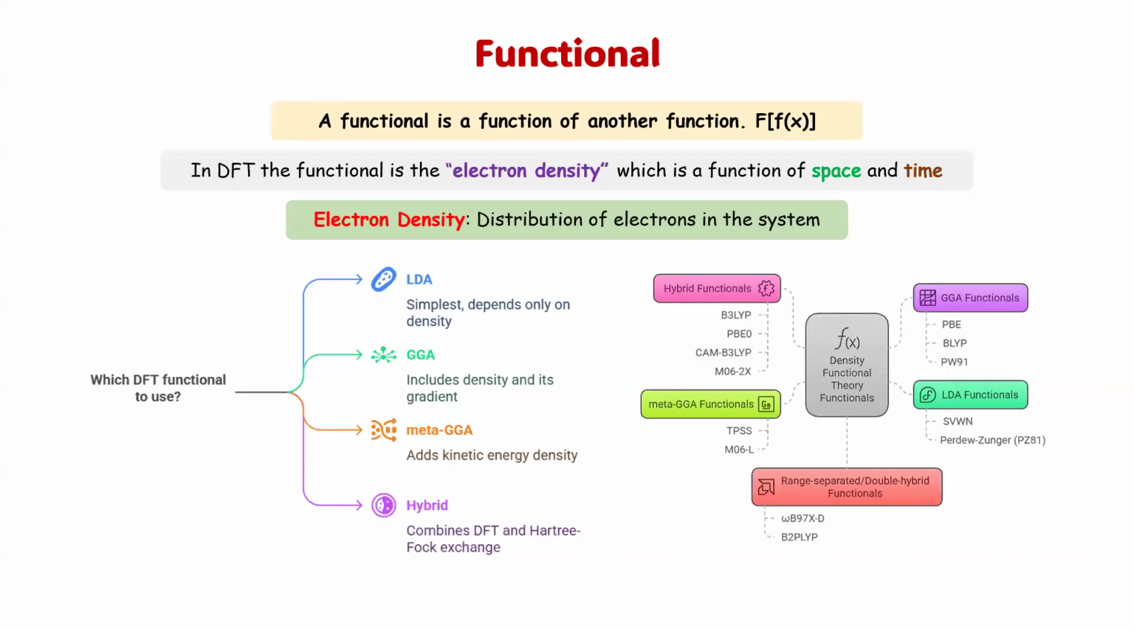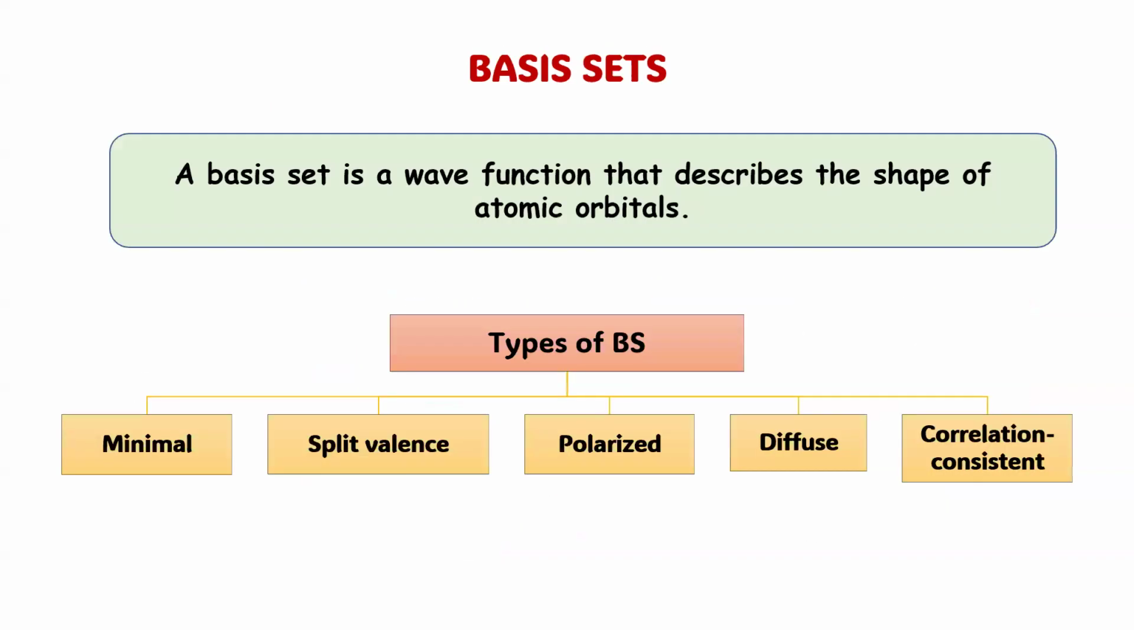Now let's move on to the next slide. In this slide, we are going to talk about the basis set. First, let's try to understand what a basis set is. A basis set is a wave function that describes the shape of the atomic orbitals. The molecular orbitals are computed using the selected theoretical model by linearly combining the atomic orbitals